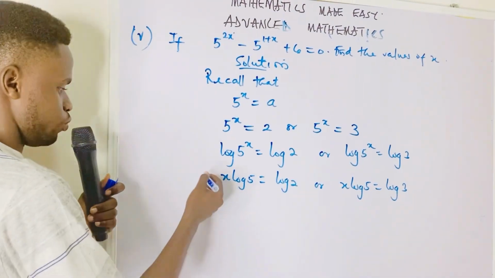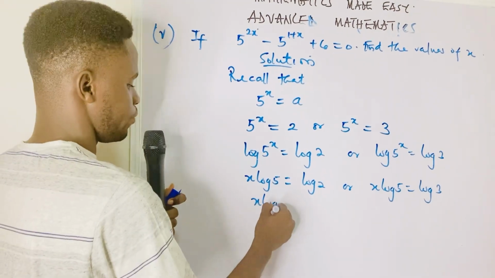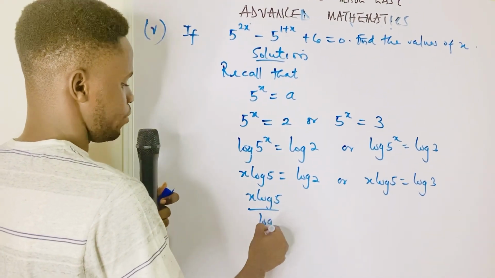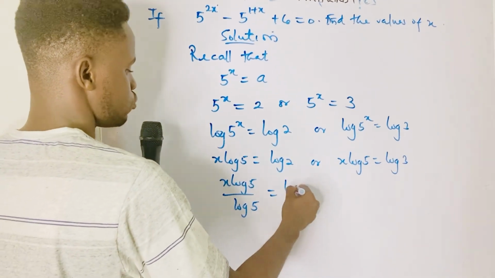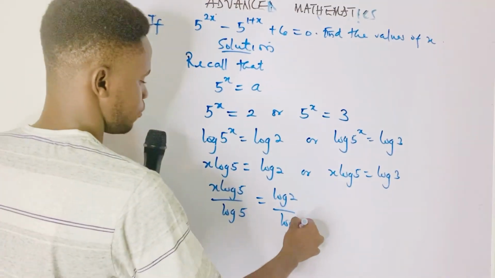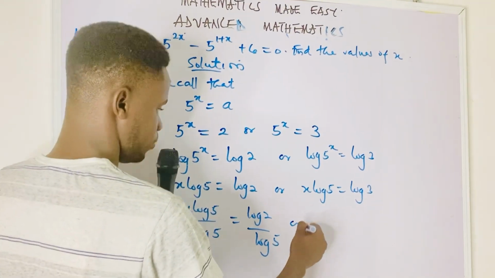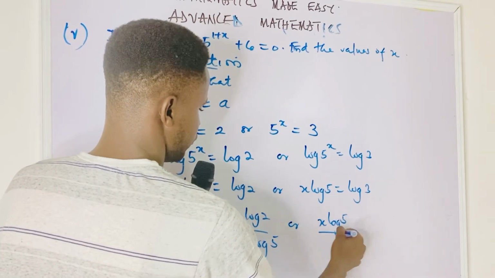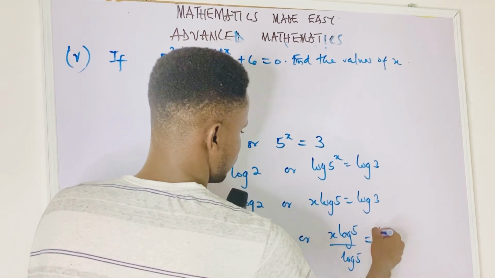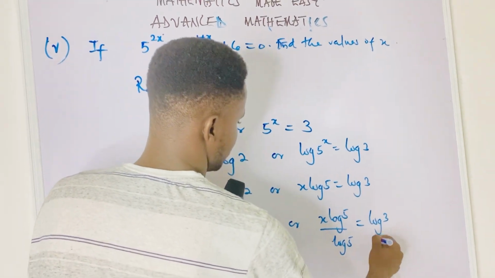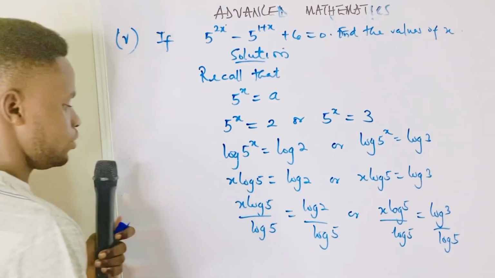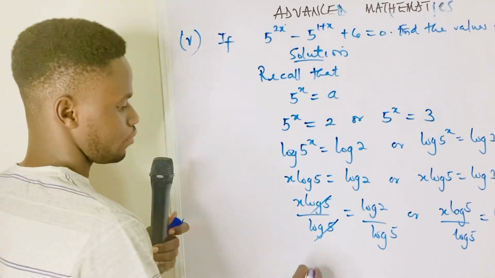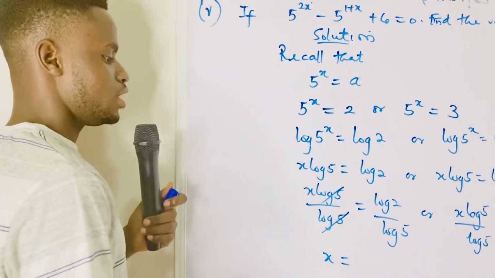And since we are looking for x, x log 5 divided by log 5 equals log 2 divided by log 5, or x log 5 divided by log 5 equals log 3 divided by log 5. So at the end of the day, log 5 cancels log 5, and x will be equal to